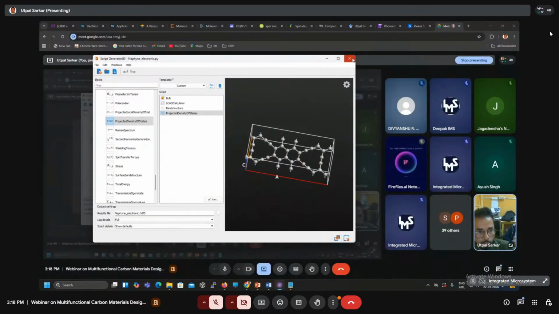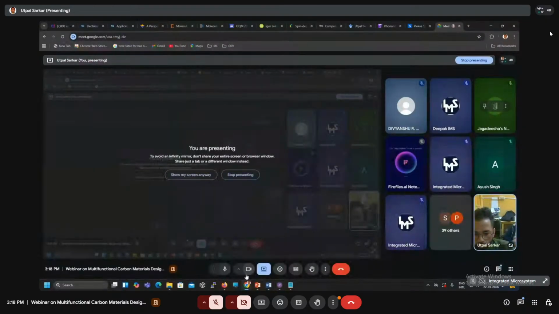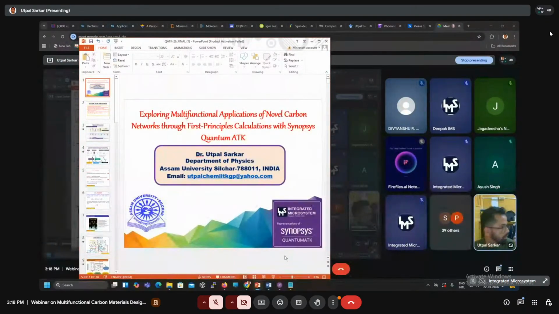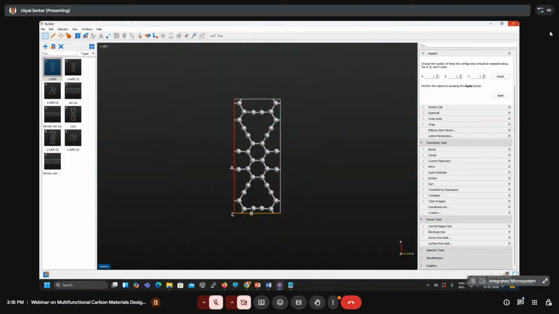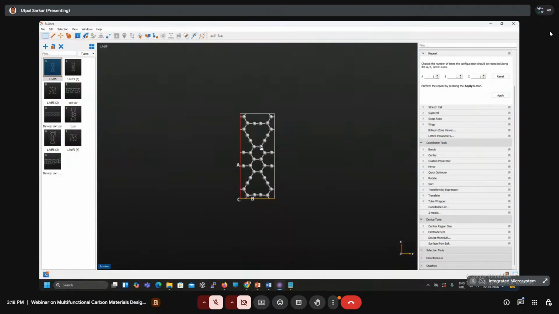So for adsorption properties, we have to increase the unit cell into 1 cross 2 cross 1. Actually, we have published in JPCC that generally for battery anode materials, we will adsorb potassium or any type of ions on the supercell. So we first have to repeat the unit cell into supercells.